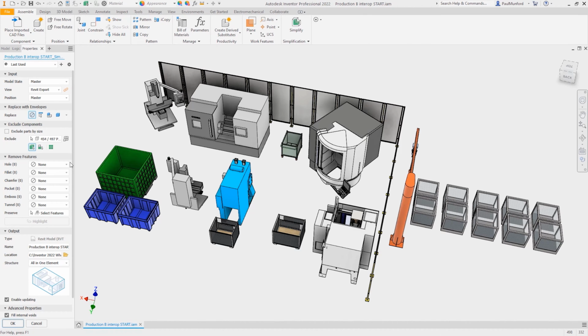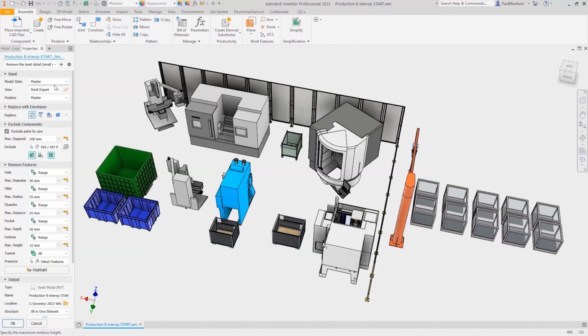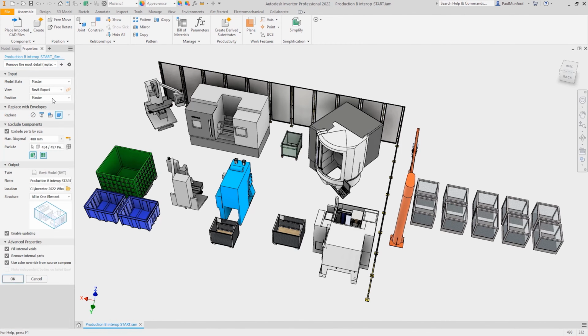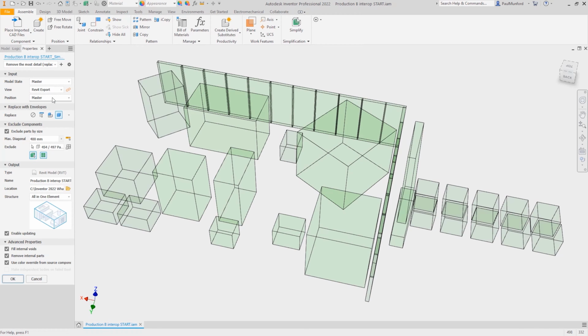As the project progresses, you can choose progressively finer amounts of detail to include in your model, depending on the requirements in the BIM execution plan. At the top of the dialog, we have our presets. This allows us to save the selections we've made in the Simplify and Export dialog, allowing us to reuse the same settings across multiple designs, or even standardize our export settings per project or company-wide.